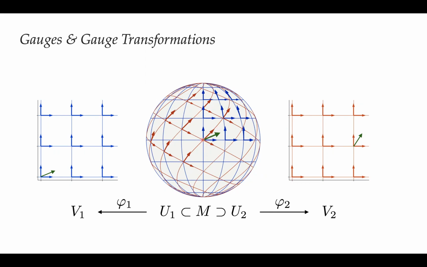So it's important to realize that this notion of gauge transformation, well, it's a very flexible kind of thing. The gauge transformation has many degrees of freedom because we can essentially freely choose at each point in the manifold how we want to change our gauge. So that's a lot more degrees of freedom than if you were to just consider, let's say, a single rotation or a single linear transformation. All right, so that's the general idea.